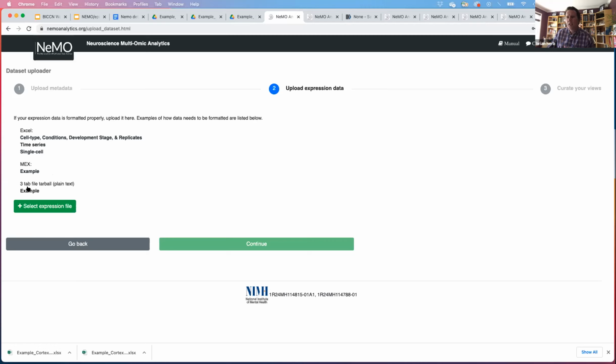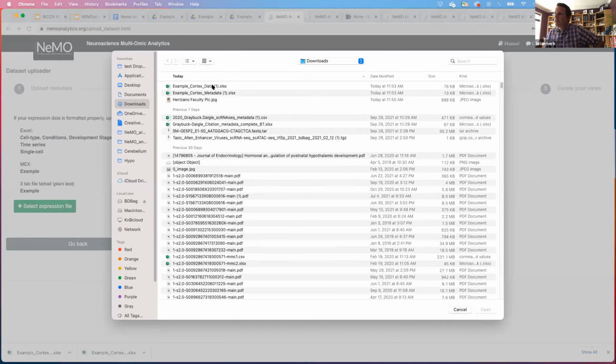And then the other way is a 3-tab tarball, which is something that I've used for very large data sets. It again stratifies it into counts, genes, and cell information. And within each one of those, you can actually have a sparse matrix and add it in there. Okay, so I'll select that expression file.